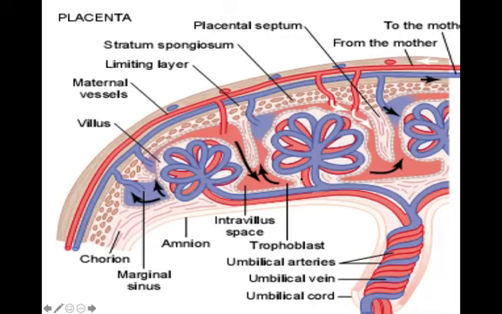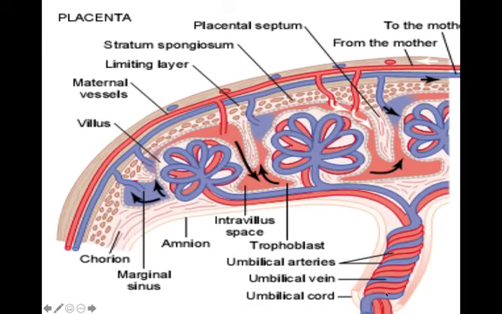Here you can see this is the maternal end and this is the fetal end. Here you can see the trophoblastic cells from the fetal side, they grow and they form the umbilical cord, and in the umbilical cord the vessels are formed which are known as umbilical arteries and umbilical vein. 2 umbilical arteries and 1 umbilical vein. Now they basically invaginate, and the trophoblastic cells form a structure which is known as the villus. This is one villus and this is another villus, so we call them the villi.